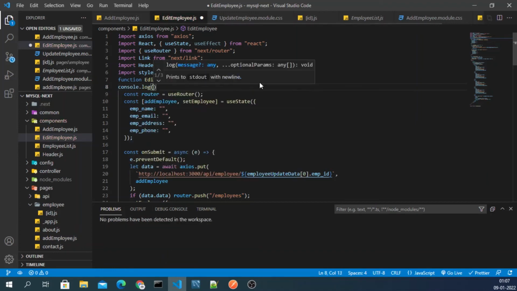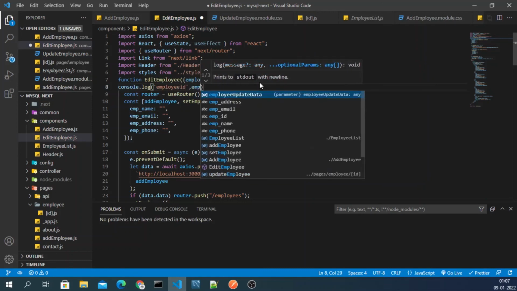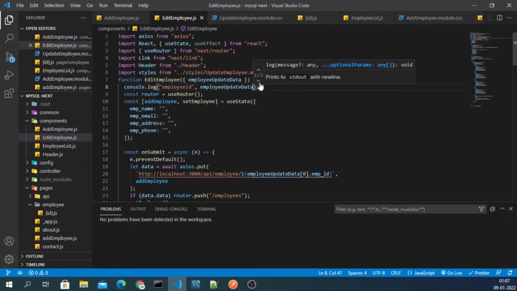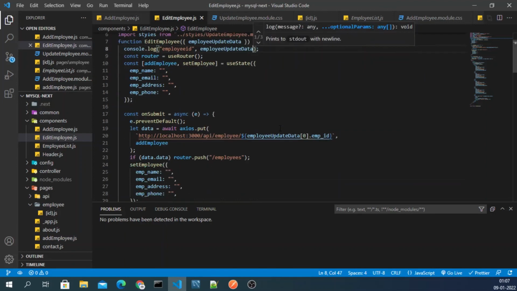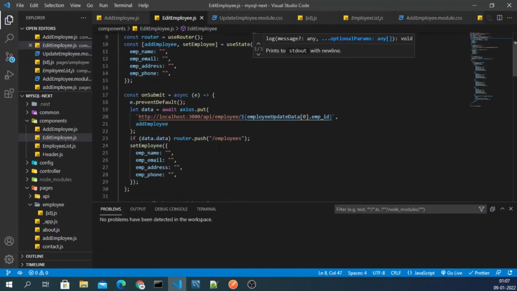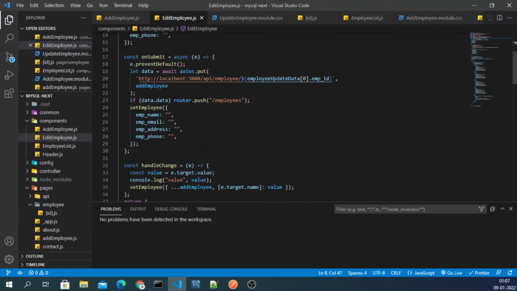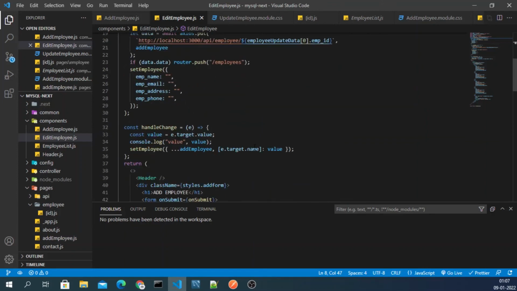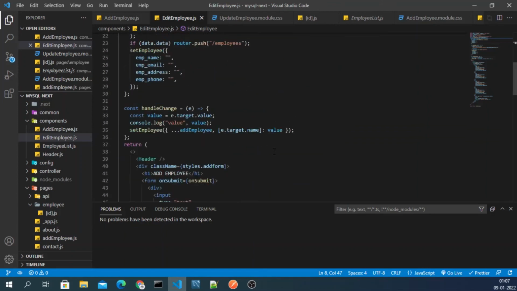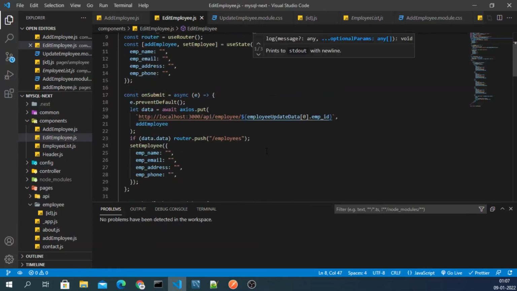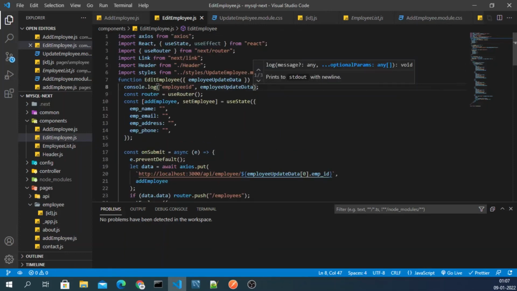If you want to see how I'm getting this, you can simply console.log employee id, and then employee update. Okay, and then I think it's done. I don't think I have to change anything here anymore.